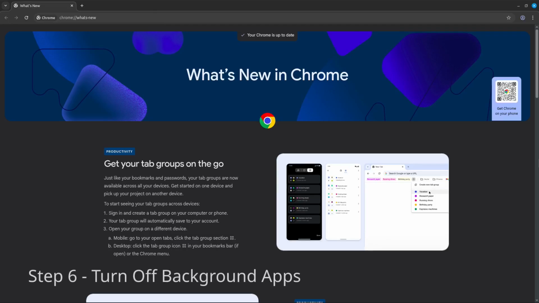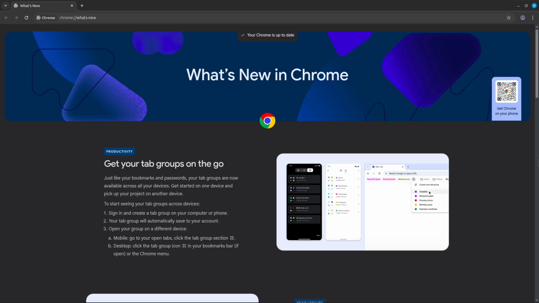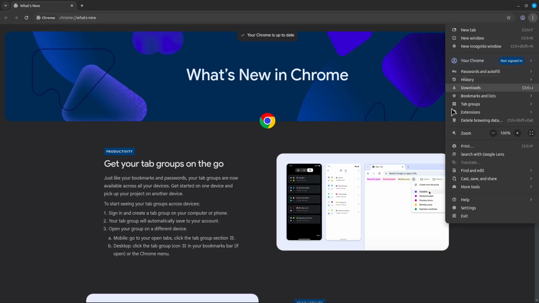Step 6, turn off background apps. Chrome loves to keep running even after you close it. It keeps background apps and services active, which can leak data or just use resources for no reason. So we're going to turn this off now, and to do so, go up to the three dots in the top right hand corner, scroll down to Settings,